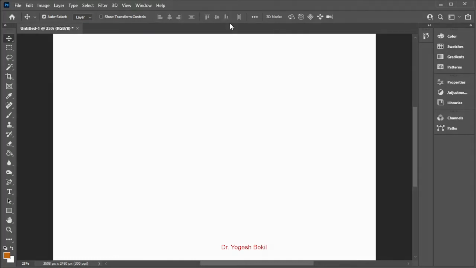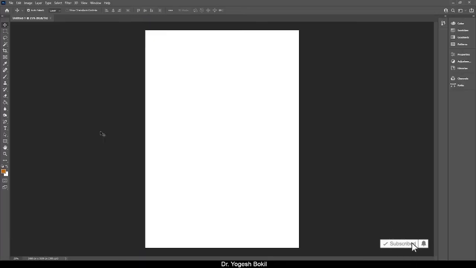The menu bar along the top of the interface holds all sorts of options and commands, that is files, image editing, selections, type and many more. And the panel area along the right side is where we find and use the many panels that Photoshop gives us to work with. We will take a general look at all of these features here and cover some of them in more detail in other lessons in this chapter. Let's get started with the toolbar.